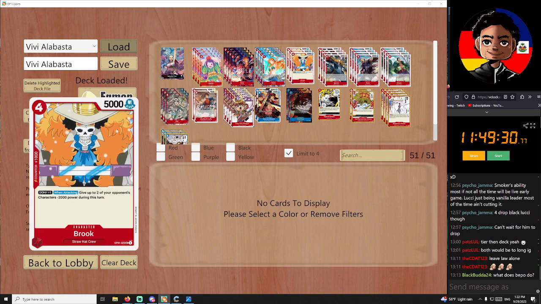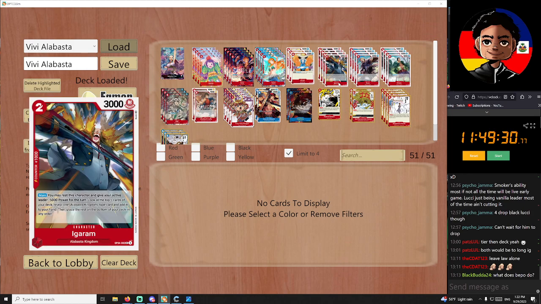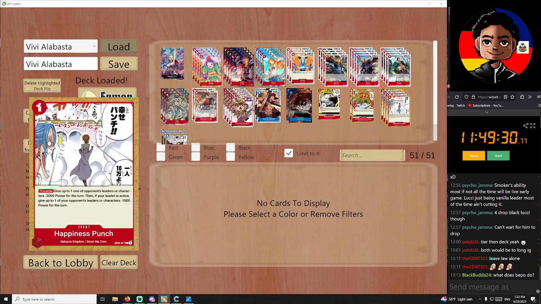We have Nami Searcher and Brook to do a little control of powers, right? Brook plus Chaka plus Pell is the main lifeblood of the deck. And then there's just Mihawk here for some extra removal. Red Rock here. Happiness Punch is actually really strong in this deck, where it's...